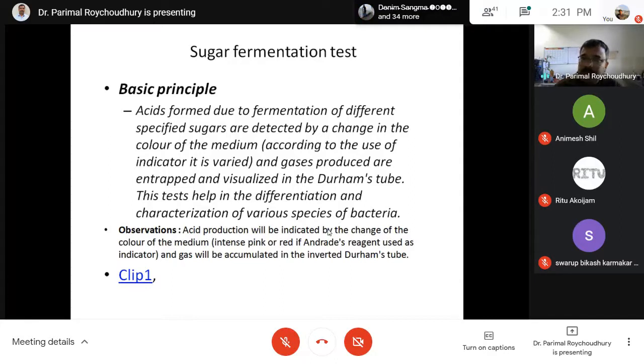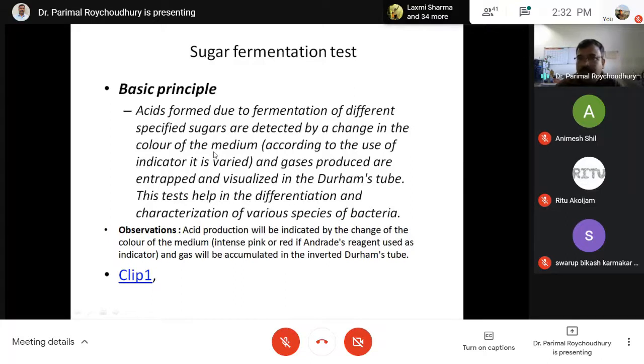Simply, we need to prepare the sugar solution in some peptone water or in nutrient broth, and then we inoculate the pure culture of bacteria and incubate overnight. After overnight incubation, we test whether acid formation is there or not by adding a certain pH indicator, like Andrade's reagent, which is very commonly used in this case, and this gives us an intense red color in the acidic pH. Okay, so